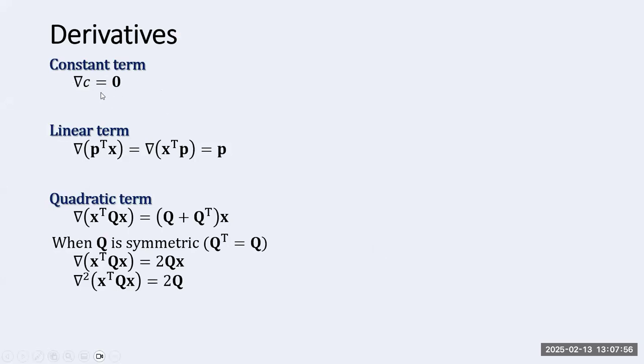So, yes. The derivative of a constant is zero. The derivative of a linear term, the derivative of P transpose X, which is the same as the derivative of X transpose P. You can only take the gradient of a scalar function, remember? So this is equal to P. And if you have a quadratic term, then the derivative of X transpose QX, where Q is practically always assumed to be